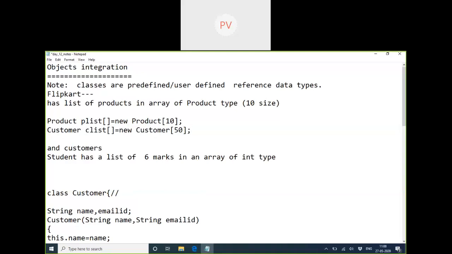So now we have these two list arrays present inside the Flipkart class. So Flipkart will already have some space to store the product details, meaning product objects, and also to store the customer details, that is customer objects. Where are we going to add every new product which is generated? In this product list. And where are we going to add the customer details for getting registered? In this customer list. Fine. So for that we have to do some operations.